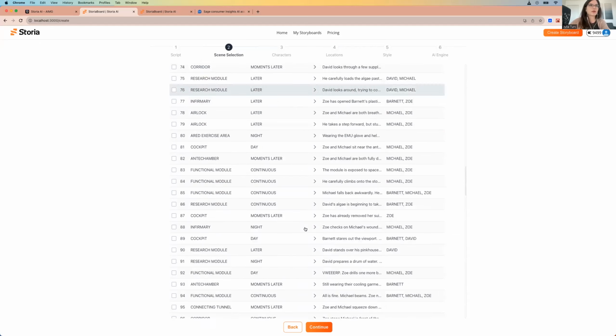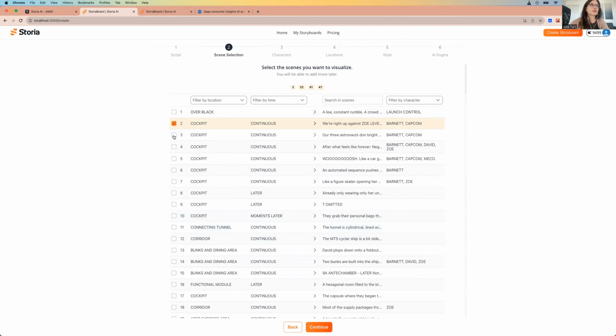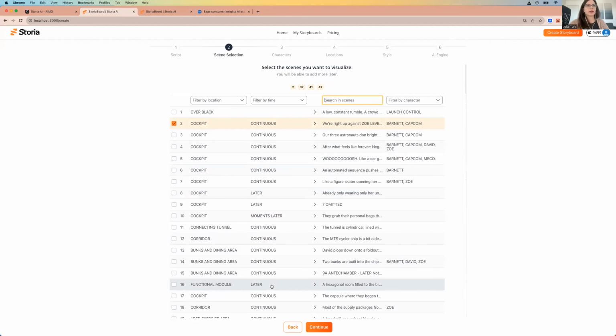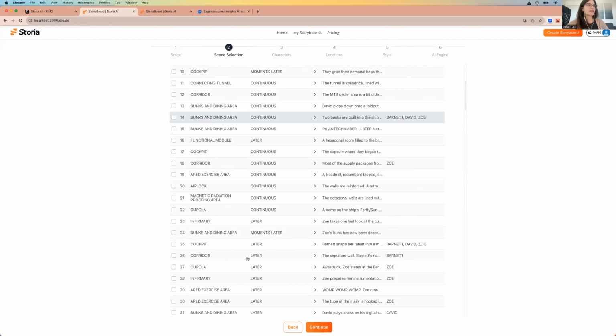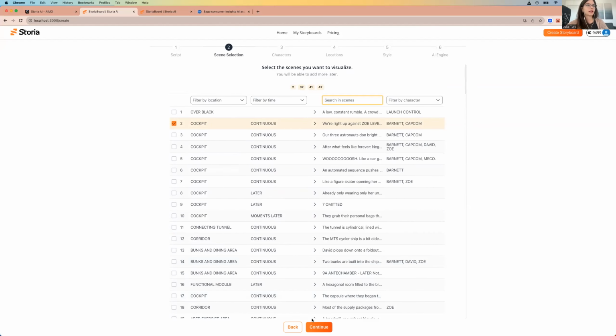So over here, you see a breakdown of the script. The filmmakers can select the scenes that they want to illustrate, and they can filter by the location of the scene, the time of the scene. They can even search in text, or they can filter by the characters. So I've already selected a few scenes that are the most interesting in the film, and I'm gonna go ahead